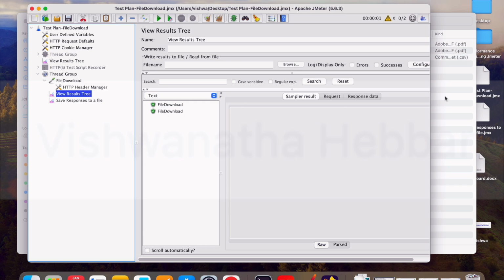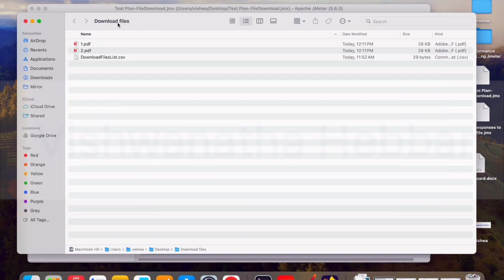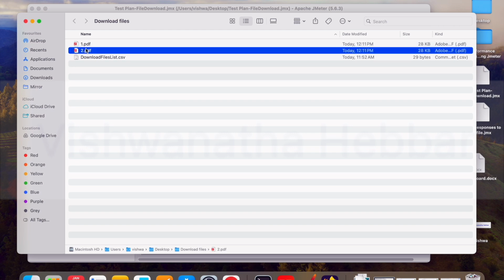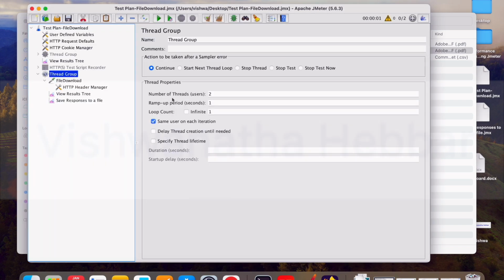Both the downloads are successful. If you go to downloads folder now, 1.pdf, 2.pdf, both the files have been saved. This scenario is about downloading the same file by multiple users. If you want to simulate 100 users downloading the same file, then you can increase the number of threads